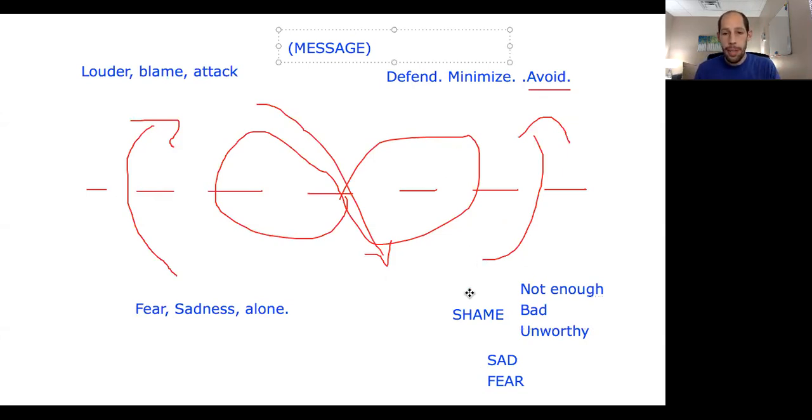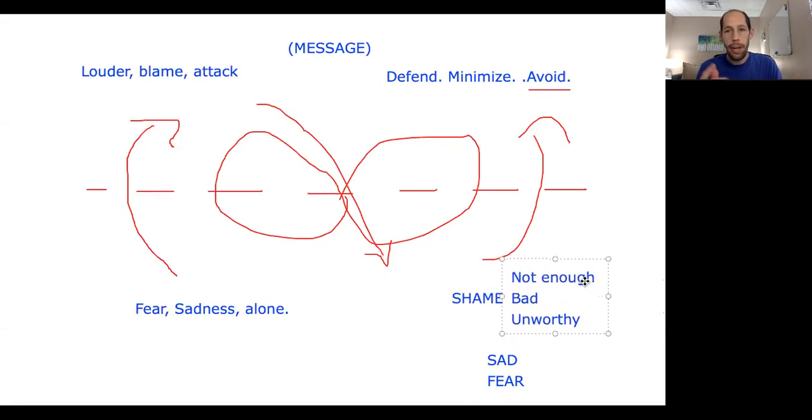And so for him, I spent some time with him underneath the surface. We got in touch with, what is this? Shame. I feel terrible about myself. I hate talking about this. I already feel like the biggest jerk ever. And with shame, you want to go a little further, because you don't want him to sit in, I'm bad, I'm terrible, I'm not enough, because that doesn't benefit him and it doesn't benefit her. When he is in, I'm bad and I'm unworthy, he withdraws, as most people do. We withdraw or we act out. So this doesn't serve him. We don't actually want him to feel shame. We want him to feel guilt. Like, yeah, I feel bad that I did this, now I want to make amends. That's guilt. That's not shame.